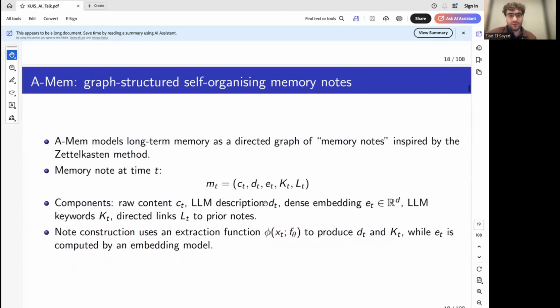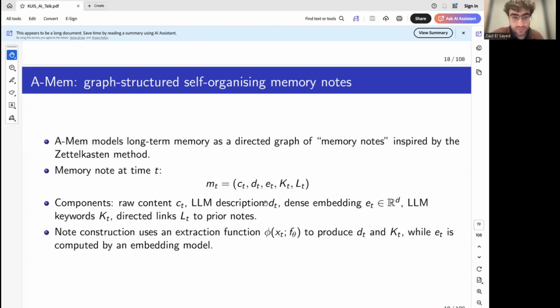So you go through your notes, you take the raw sentence, you create a summary of it, you link notes together. That's what the Zettelkasten method is traditionally, but what they've done is implement this for